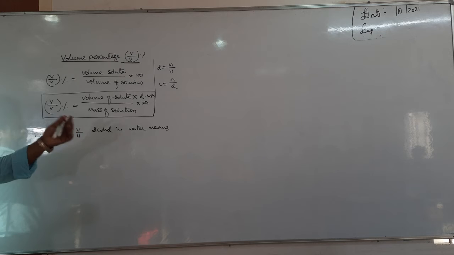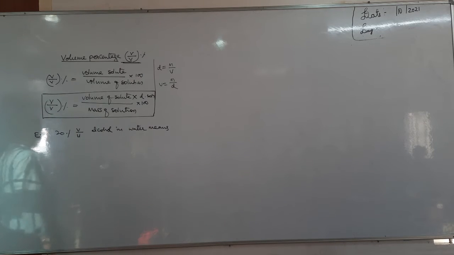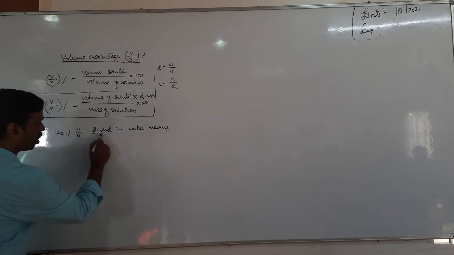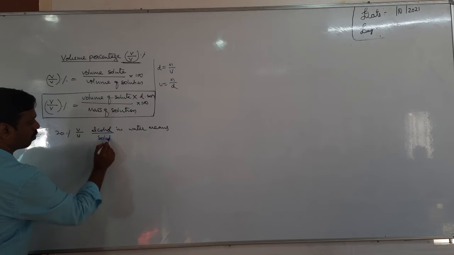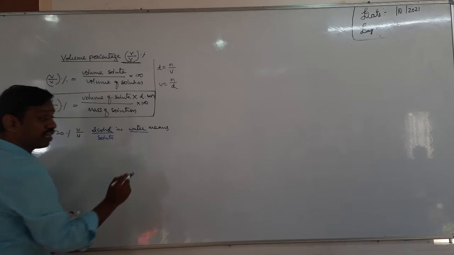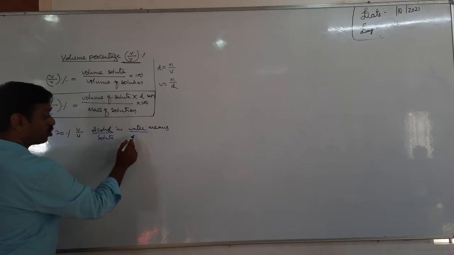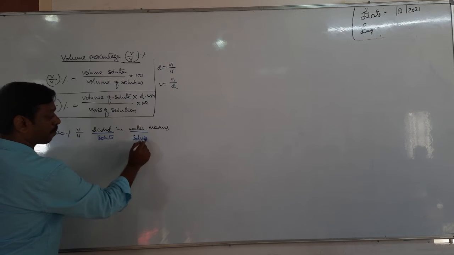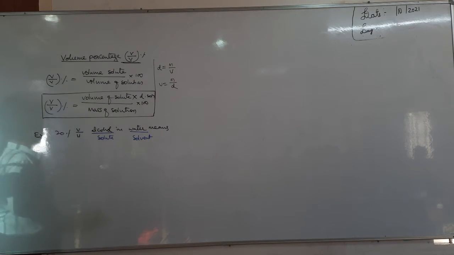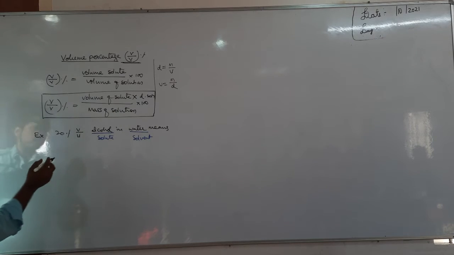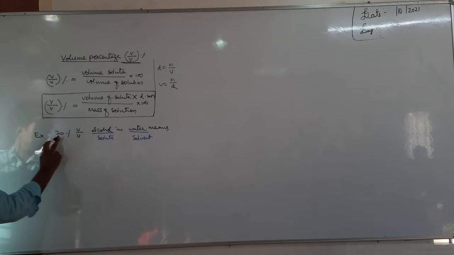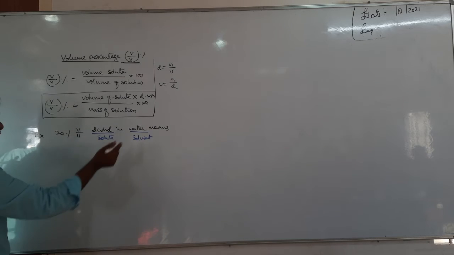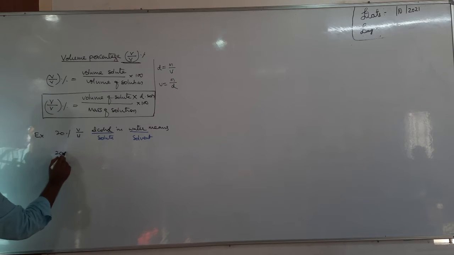Here, alcohol is the solute and water is the solvent. If it is a solution, we say aqueous. Water is a solvent. So 20% V by V alcohol solution means 20 volume,